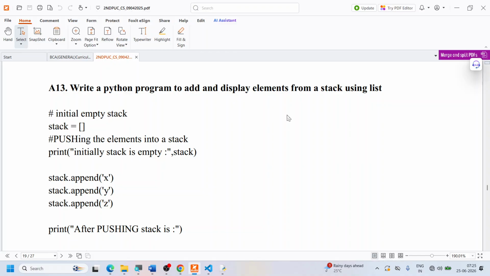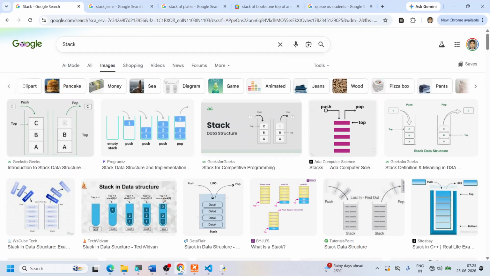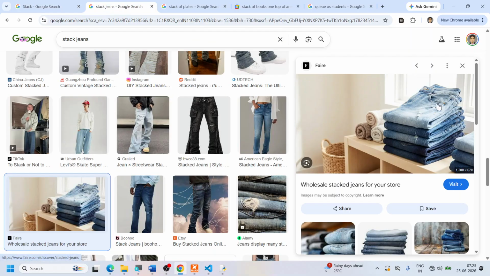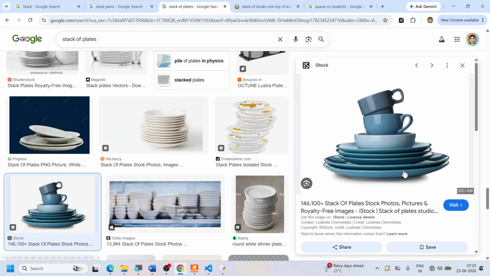Before we venture into writing the program, let us quickly recall what a stack is. Whenever we think of a stack, we can think of a stack of clothes, wherein one cloth is kept on top of the other. You notice that the last one that is kept on top is the first one to be removed. In the same way, we can think of a stack of plates, and here also you will notice that